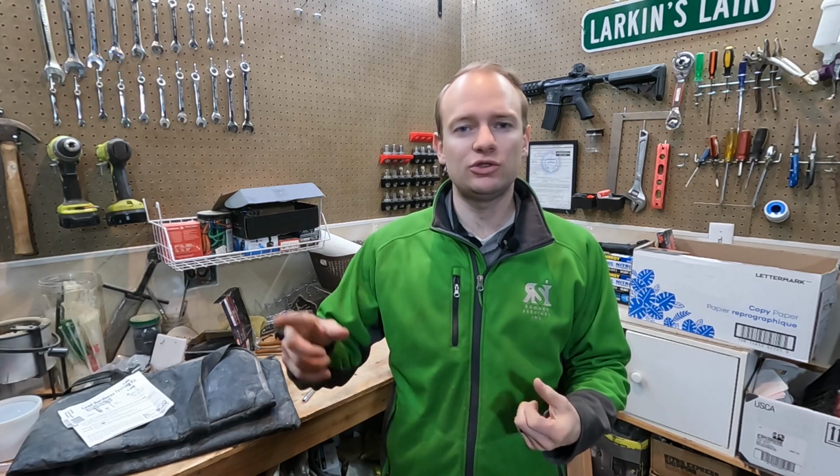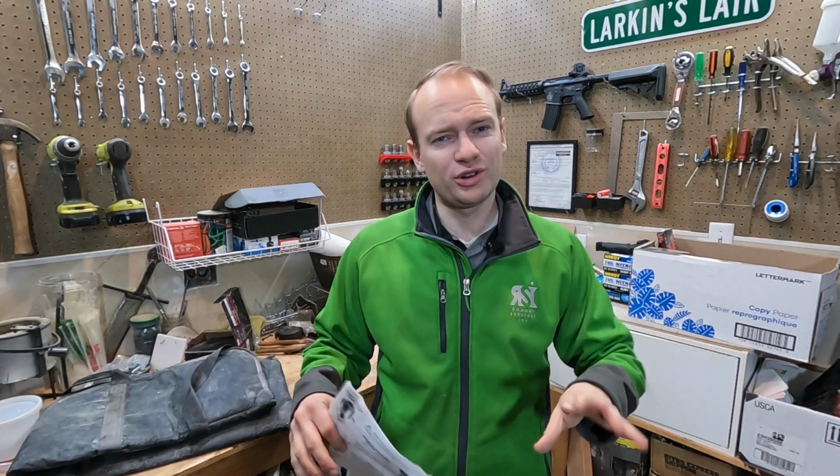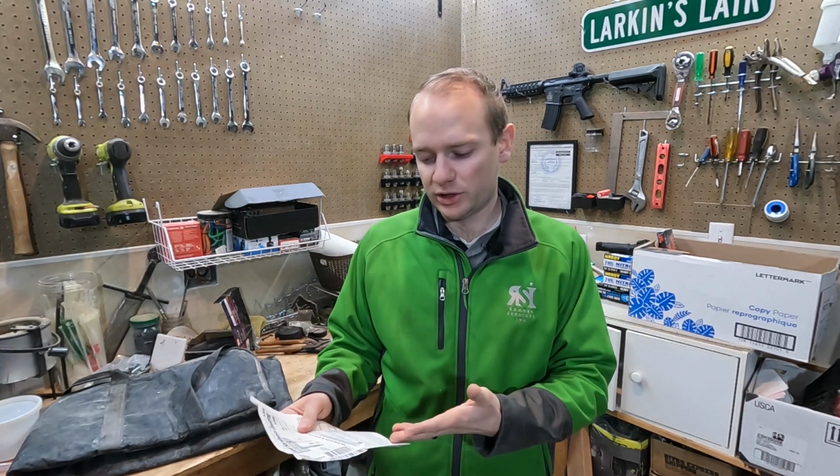As far as how to test, you can look at the video I did last week right here. And then here's the formula for Brinell hardness. So it's essentially how they test it: you take an indenter and smash it into something at a specific force, and you calculate it using this formula. So essentially to calculate Brinell hardness of yours, you don't use that fancy formula, you just use this one,